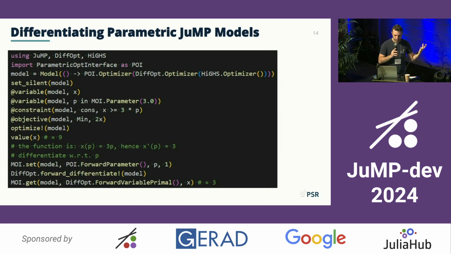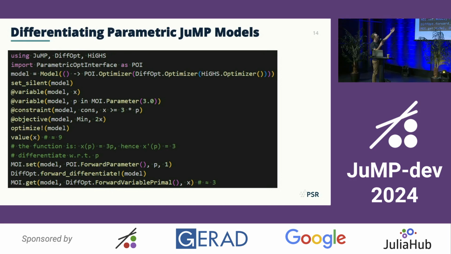And now, what is the core of this talk is this final slide over here, almost final, which is the differentiation of a parametric JuMP model. It's almost the same as the previous one, but now we're nesting things together. So now we have a bunch of optimizers in place. We start with the HiGHS optimizer, which is contained in a DiffOpt optimizer, and by its turn is inside of a parametric optimizer. And the cool thing here is that all these layers, they work together, and you can add